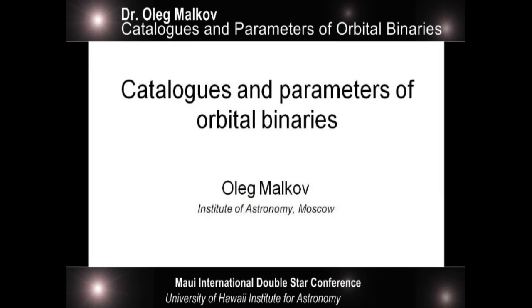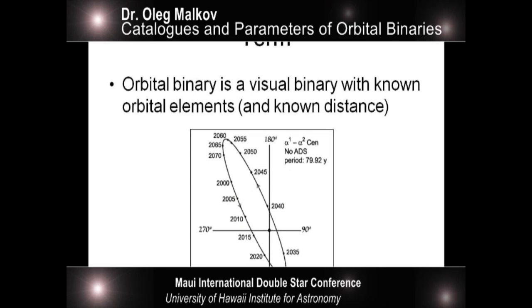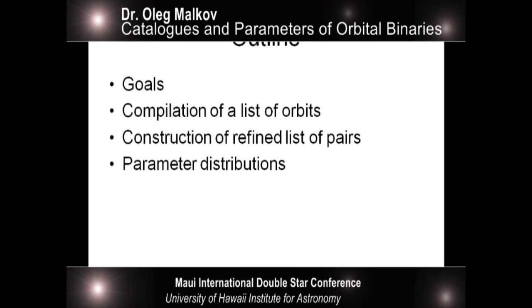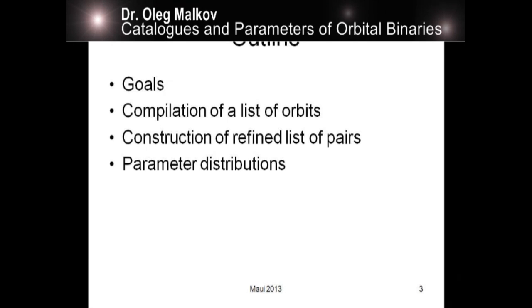Okay, thank you. First of all, I would like to briefly remind you what we call an orbital binary. An orbital binary is a visual binary with known orbital elements and, as a rule, with known distance. In my talk, I will describe the goals of our work. Then I will speak about the compilation of a list of orbits. Then I will give some ideas about the construction of a refined list of pairs, and I will display the resulting parameter